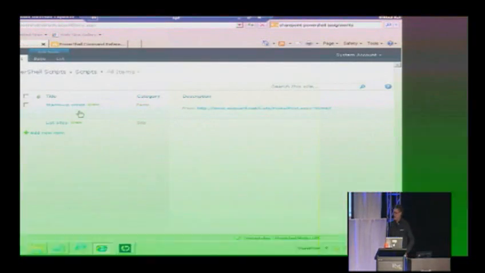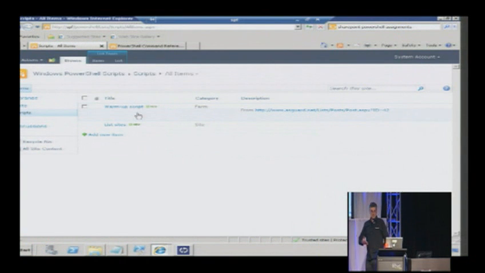Okay, so I just created a list in SharePoint. If you don't know, lists are the most powerful thing in SharePoint. When most people say SharePoint, you immediately think document management or website management. But behind the scenes in SharePoint, even in a document library or a website being managed in SharePoint, it's basically